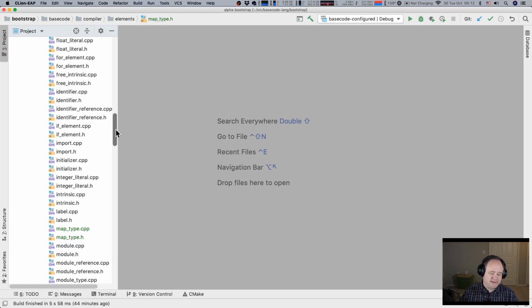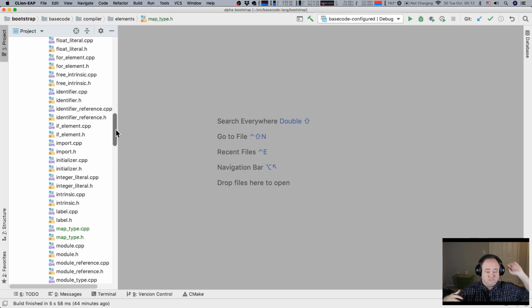So what I'm doing right now is I'm building a compiler just pretty much for me. Now it's open source, it's on GitHub, anybody can use it, but the idea here is I need a bootstrap so that I can then mostly write Basecode in what I think roughly the core language is going to look like. I expect it to change some. Not fundamentally, I don't think it's going to change heavily, but there's going to be some adjustment.